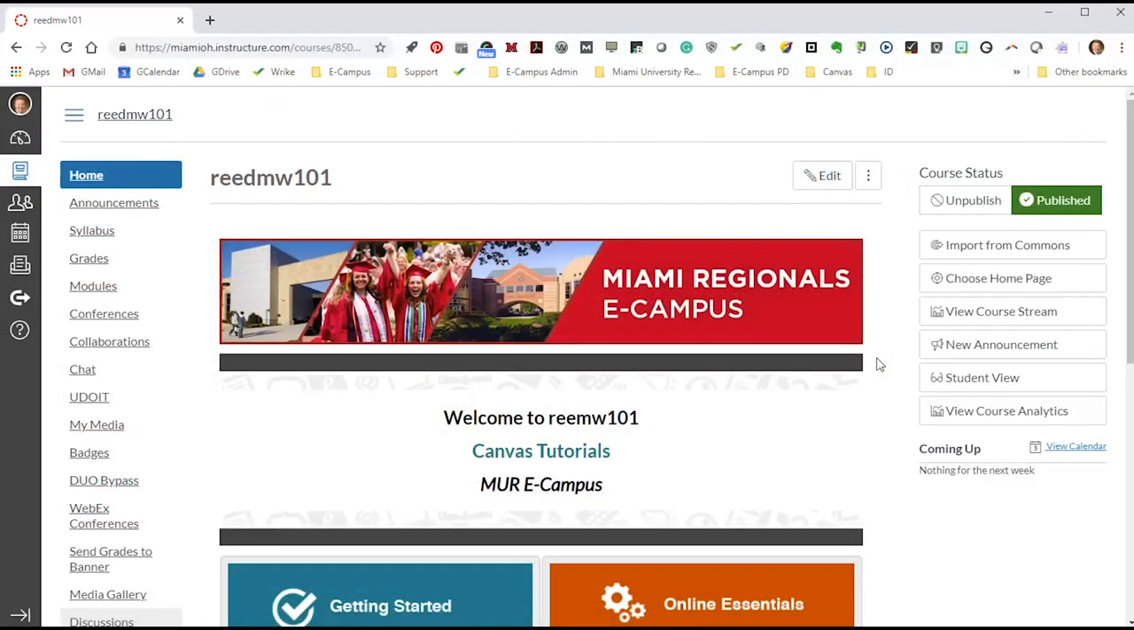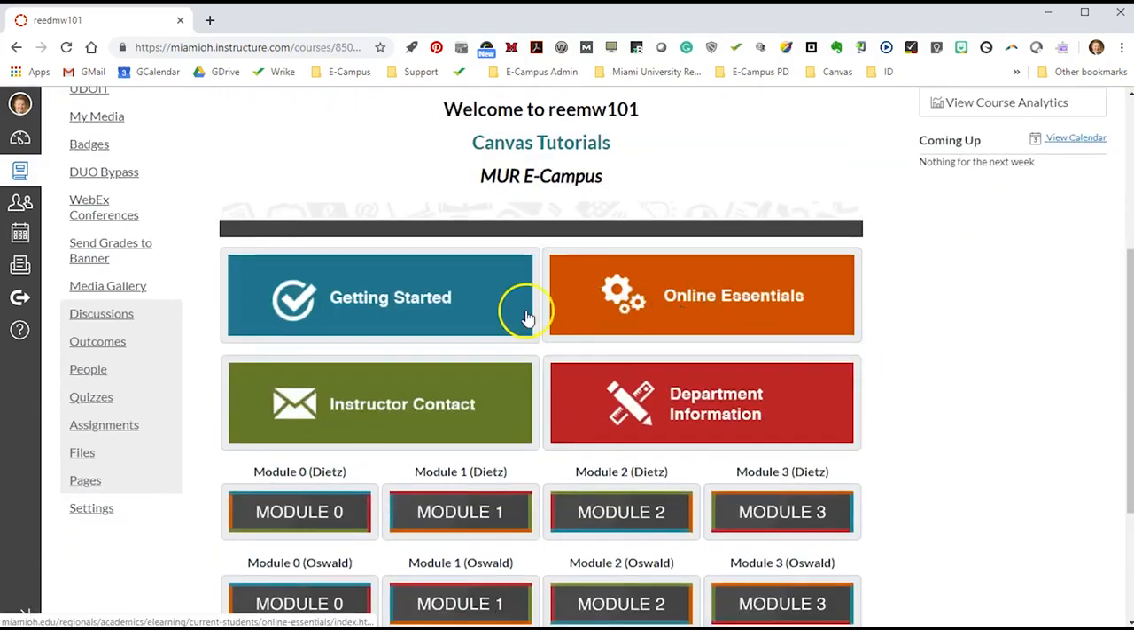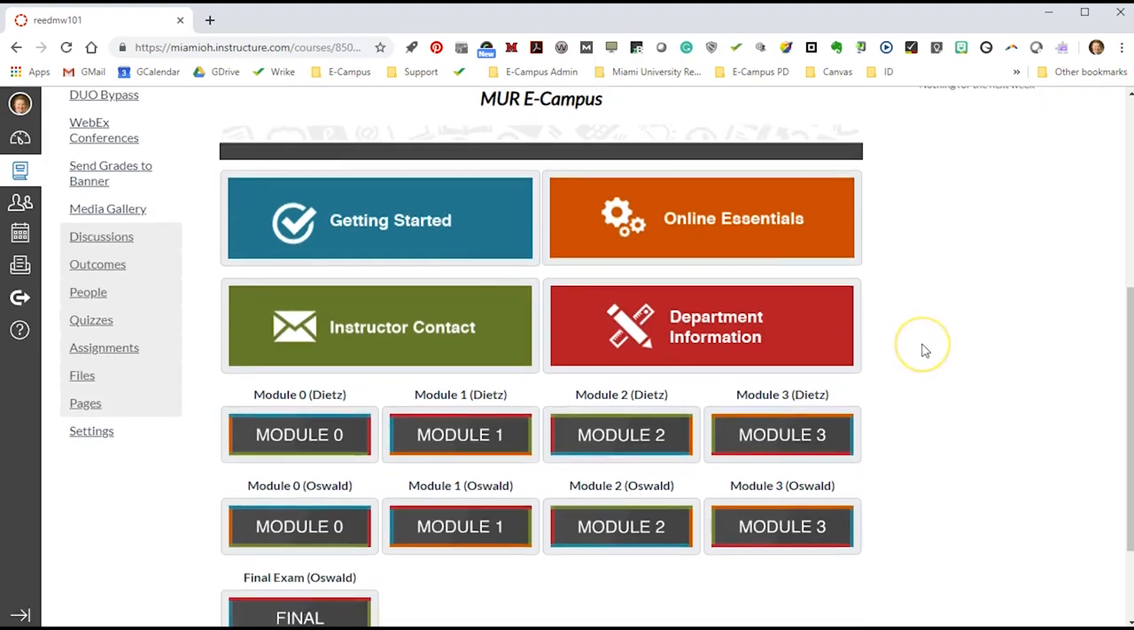How to repair broken course navigation links on your Canvas course. If there is a button that is not linked correctly in your Canvas course, there is a way to fix it. A quick tip is to hover over the button on your home page, and that will show where the button